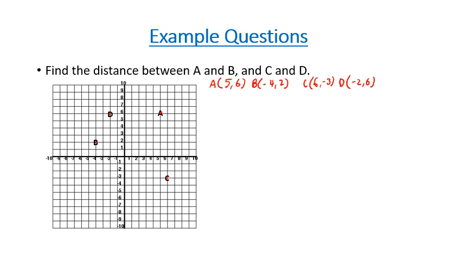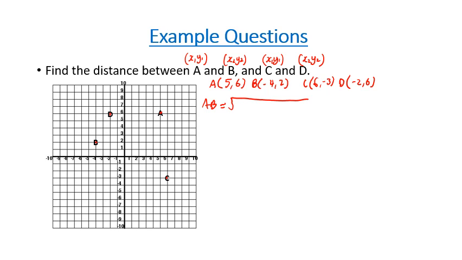So we'll work out the distance from A to B first, remembering A is going to be our x1, y1, and B is our x2, y2. C will be our x1, y1, and D will be our x2, y2. Remember that the first point that's named is always your x1 and y1, and the second point that is named is always your x2 and y2. So, distance from A to B is equal to